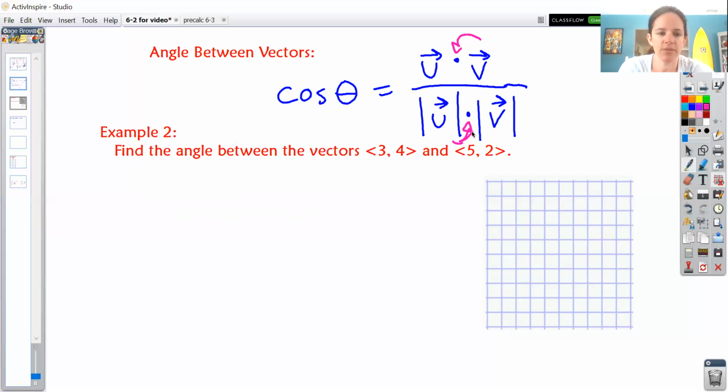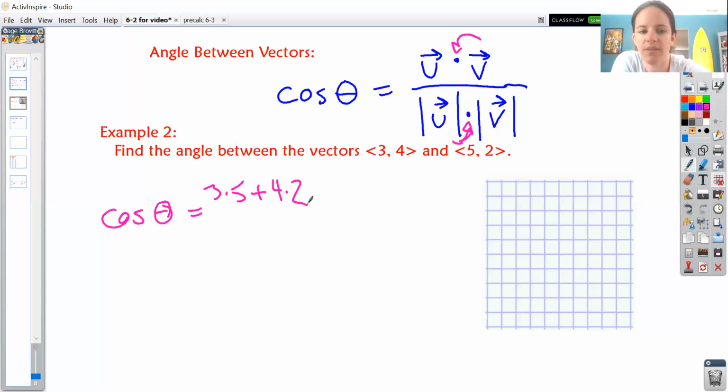And so go ahead and do example 2, which is finding the angle between the vectors that we were just looking at on the last page. Pause the screen and we'll start in 3, 2, 1. Okay, here you go. So hopefully you said cosine theta equals u dot v, which we had already said is 3 times 5 plus 4 times 2. I'll write it again anyways,